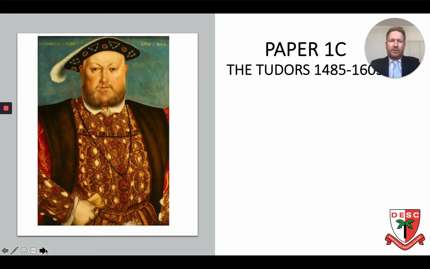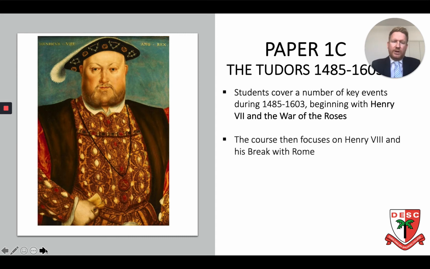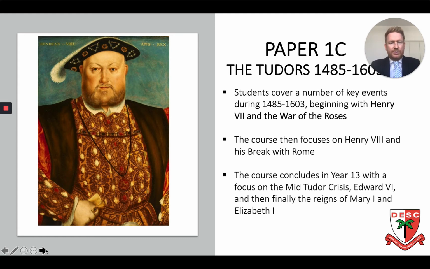So in terms of paper 1, it is examined at the end of year 13, and it's a 2.5-hour examination which focuses on extracts from the interpretations of historians and has knowledge essays to write as well. Students cover a number of key events during 1485 to 1603, beginning with Henry VII and the War of the Roses, then moving to focus on his son Henry VIII and his break with Rome, and then the course concludes with the mid-Tudor crisis, Edward VI, Mary I and Elizabeth I, an incredible period of British history, and one that